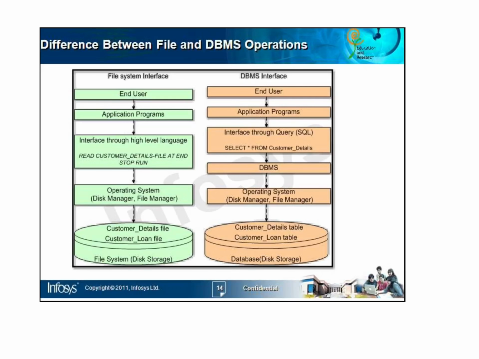Suppose I want to retrieve all the information of the customers who have accounts in the bank. In that case I just have to write a single query, select star. Star means all the data, irrespective of any search string, from customer details, and it will hit the database management system through the operating system, and the operating system will retrieve the data and give it to the end user. But in the case of traditional file management systems, we have to write a C program on top of it, and that C program will be compiled and converted to machine level language, and go through the operating system. It will take the data from the